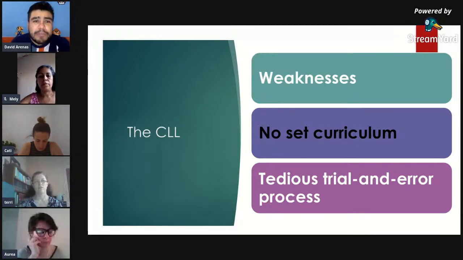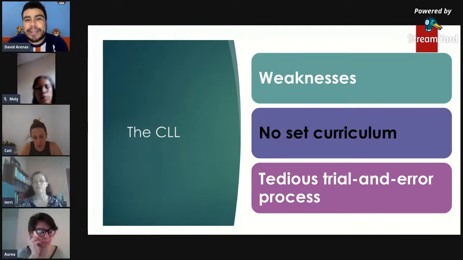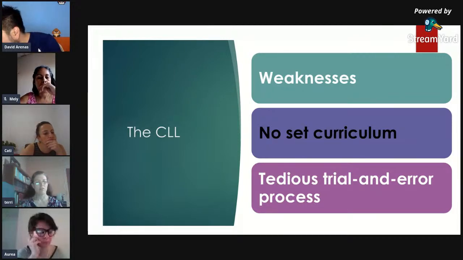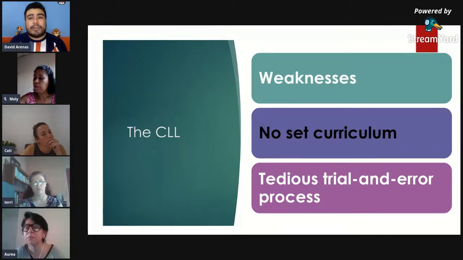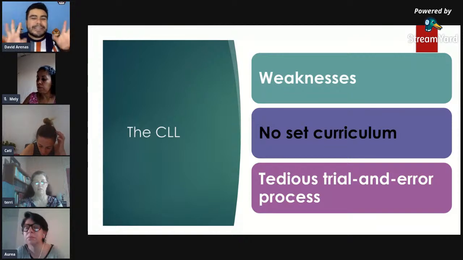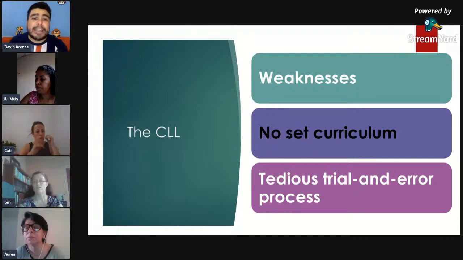And about evaluation, there was not a specific form of evaluating students within the CLL method, but evaluation was conducted through keeping the principles of the method. So if you remember, the principles of this method were the whole person concept. So students would not just have a grammar test and that's it. They would show they were able to respect all the competencies that we see now in our modern curriculum. So they were taking into account